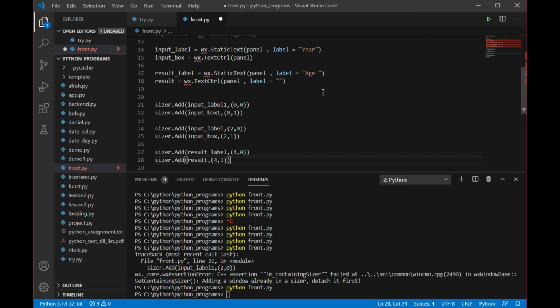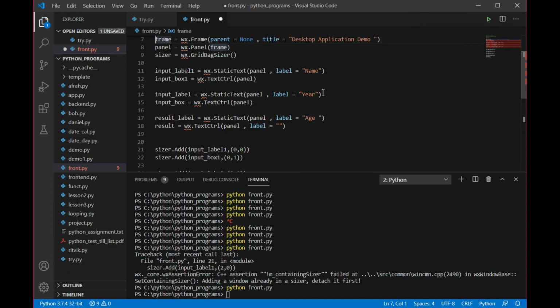Now you just need to pay attention here. Till now, we were just entering the input. Now we want to connect that input with the output. Whatever year I am entering, my total age would be calculated based upon that input. So I'm going to create a button for that, because without a button we cannot do anything. I am going to have a button variable here. When you click on that button, it is going to give you the output.